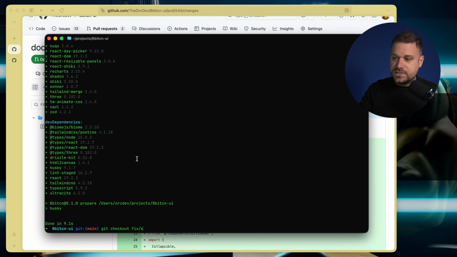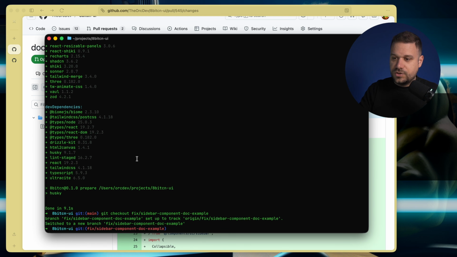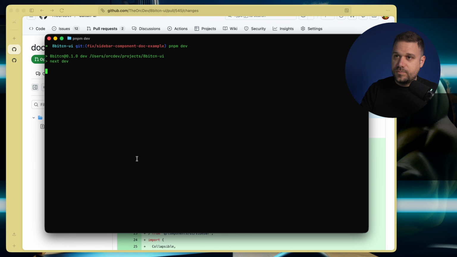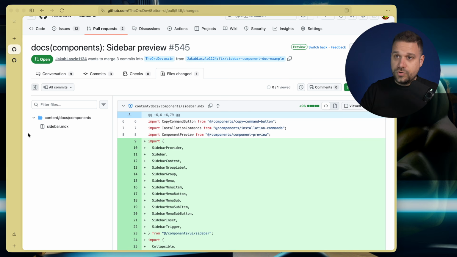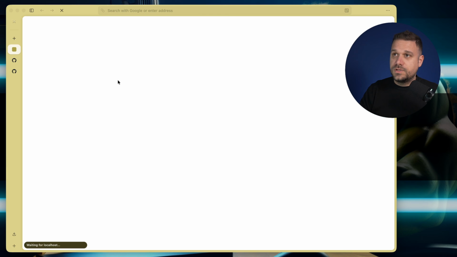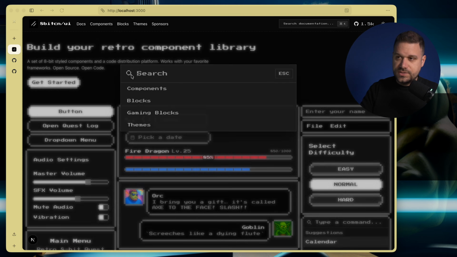Check out fix/sidebar. There it is. Awesome. And now I'm just going to run pnpm dev, and going now on my localhost. So there I should now go to the sidebar component and check out in all resolutions if it is looking